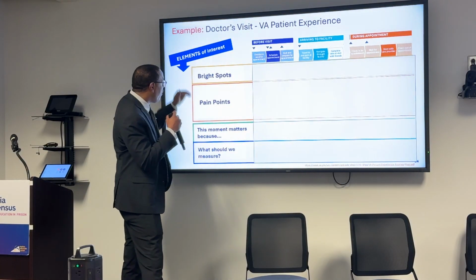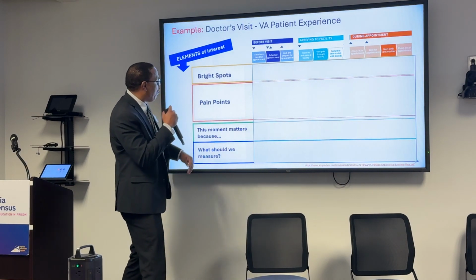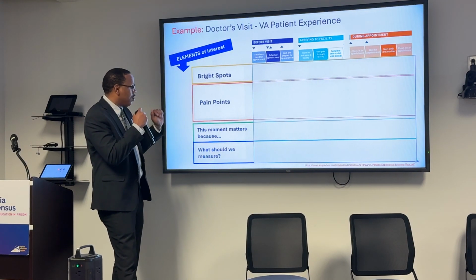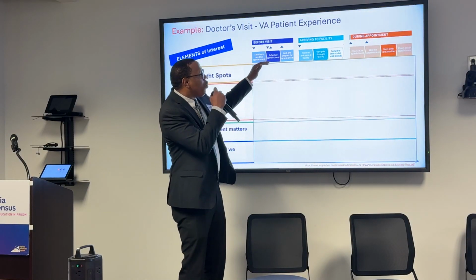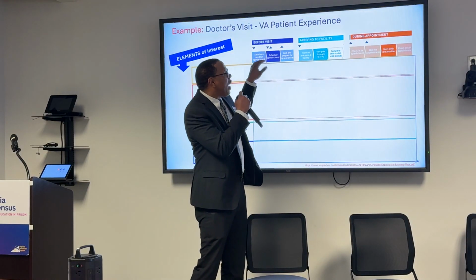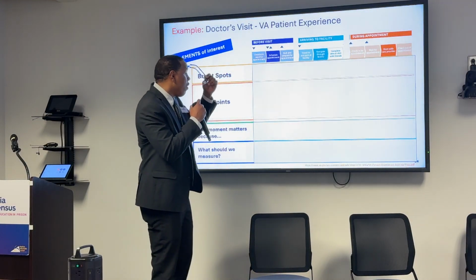The vertical bar is the bright spots, the pain points. This moment matters because what should we measure? This helps us understand what we're looking at as it relates to the experience when going through each particular phase. For example,